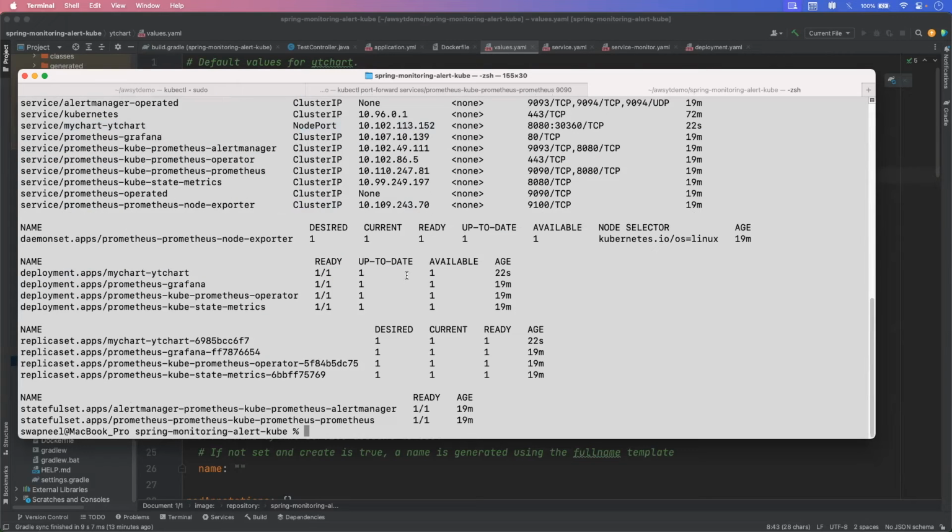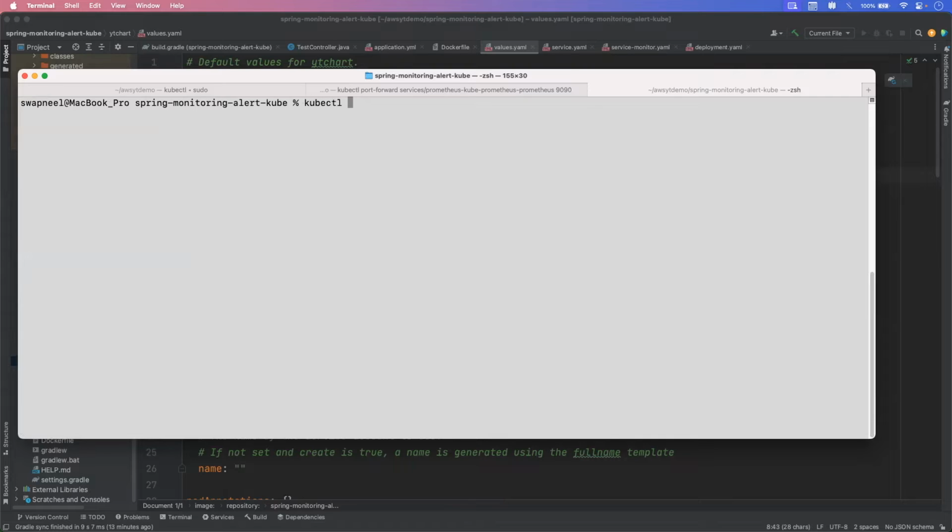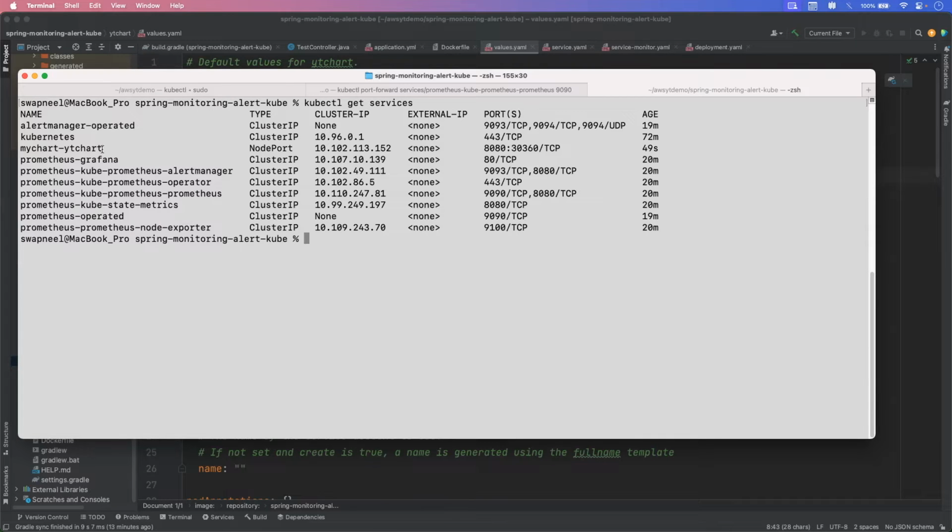Now what we will do next, we will test our application. So let me clear it and let's run the command kubectl get services. Let's copy our service name for our application, and let's run the command kubectl port-forward, then services/service name, and the port will be 8080. Okay, so let me open the browser now and let's call the URL. So the API URL will be localhost:8080